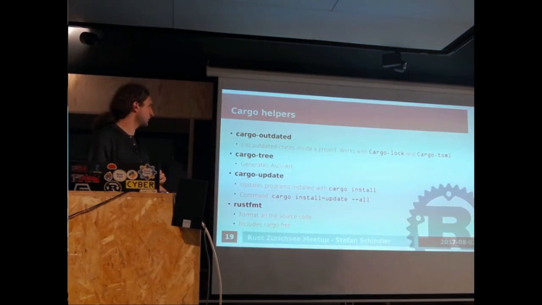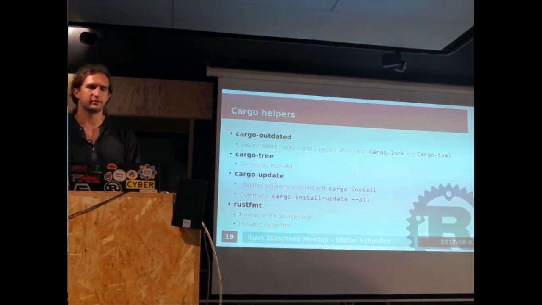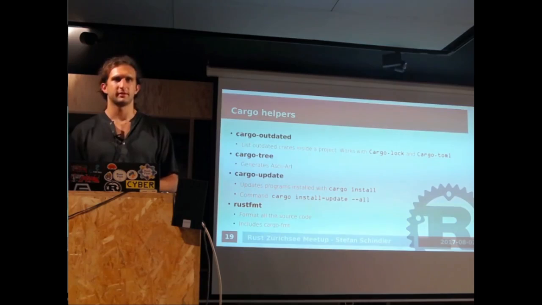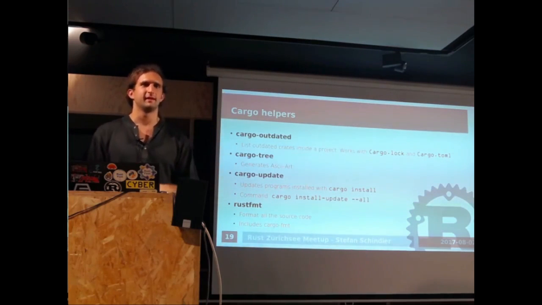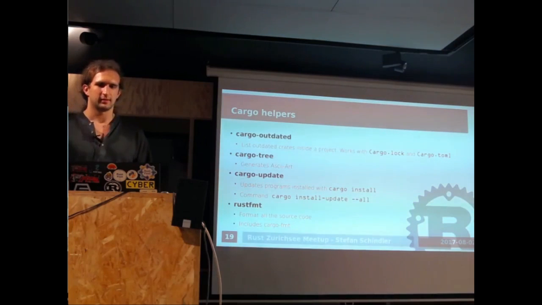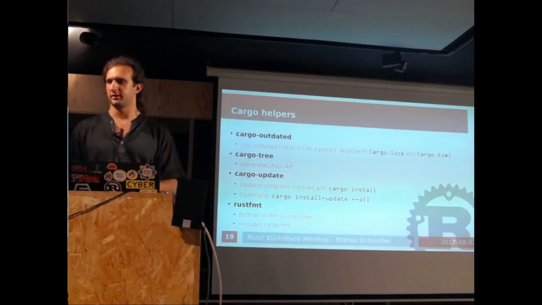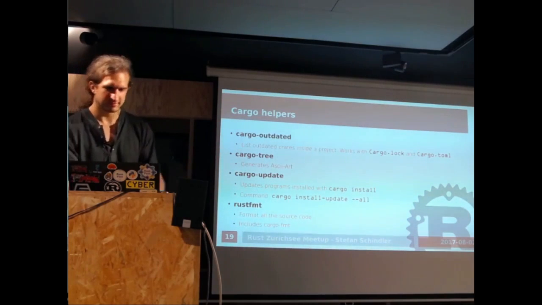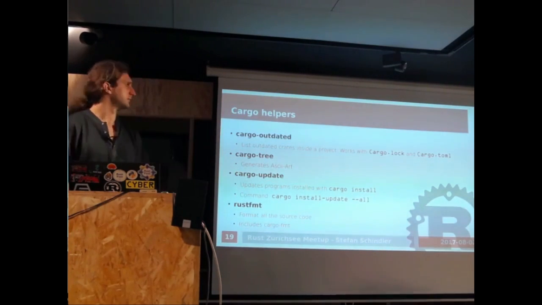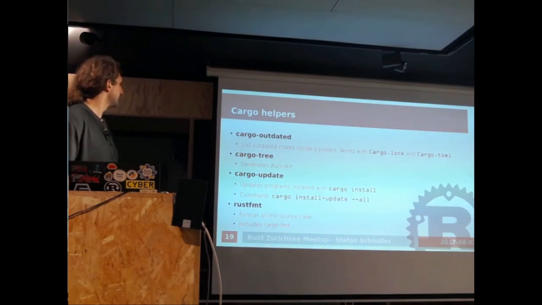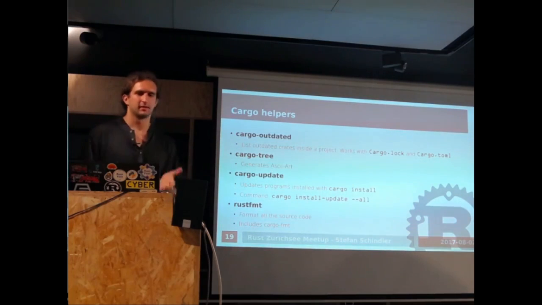So the other one is cargo 3, which generates ASCII art, and also requires the cargo lock file. Of just the dependencies, sorry. Yeah, it makes ASCII art, it's a little short. Really handy if you're wondering why the hell you're including some crate. You can just print the crate. Oh, thank you very much. Not much there. Also doesn't compile on macOS because it requires curl and OpenSSL. Really bad.